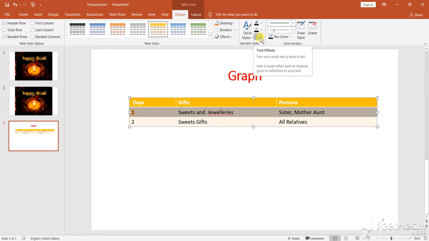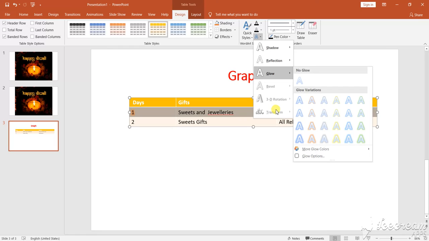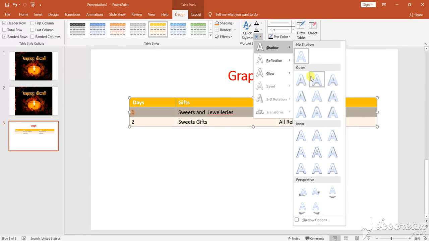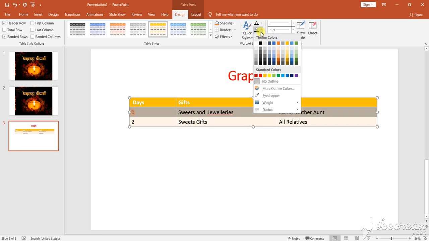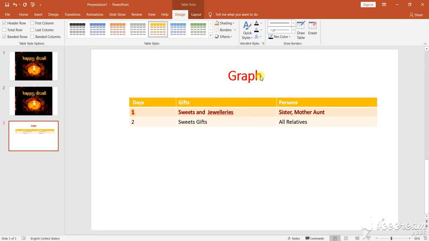All the words of this particular row I am selecting. Type of the letter, 3D, if you want a 3D of it. Glow, if you want a reflection, shadow reflection will also come. This is shadow reflection. Now color, whatever color you want, there are different types of colors. Any pattern of color you can give to it. So this way you can design it.